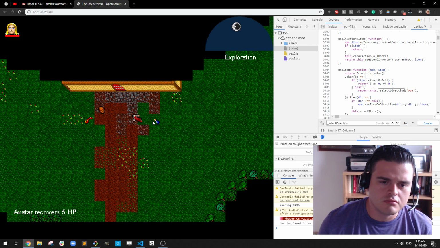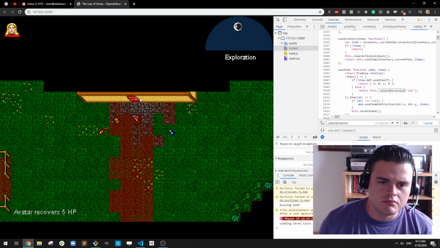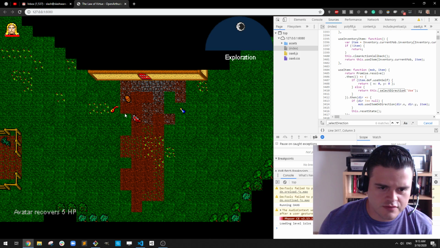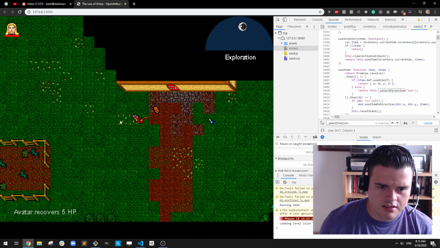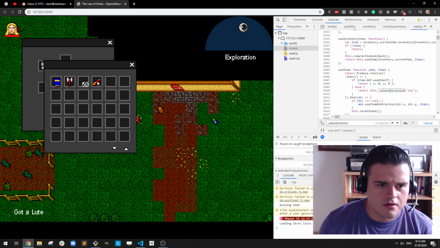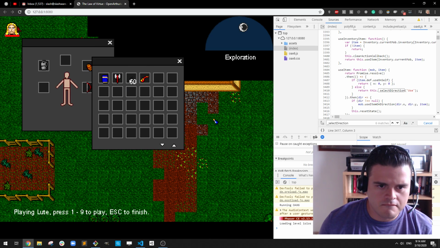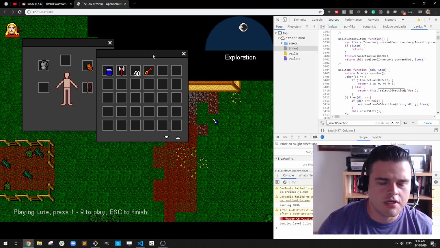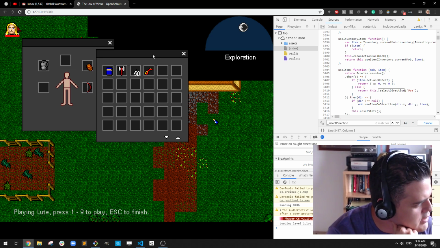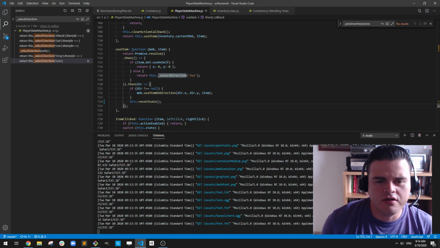Okay. Well, it worked. Not sure why that check was there in the first place. That was for items that were used on self, like this guy. So if we're using this loot, okay, so it's resetting the state after we used it. But I don't think that should be related to being usable on self or not. It's just that